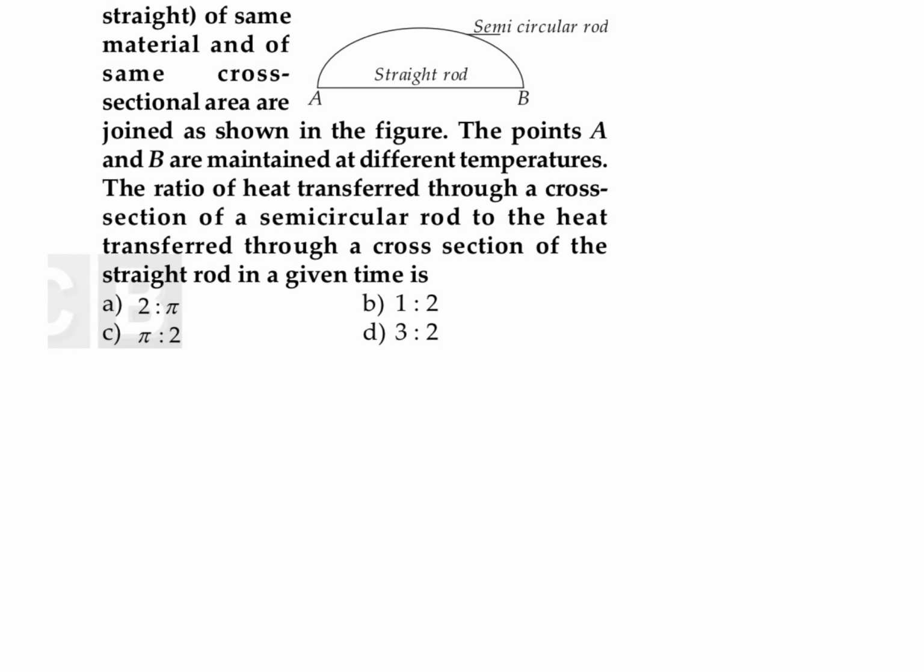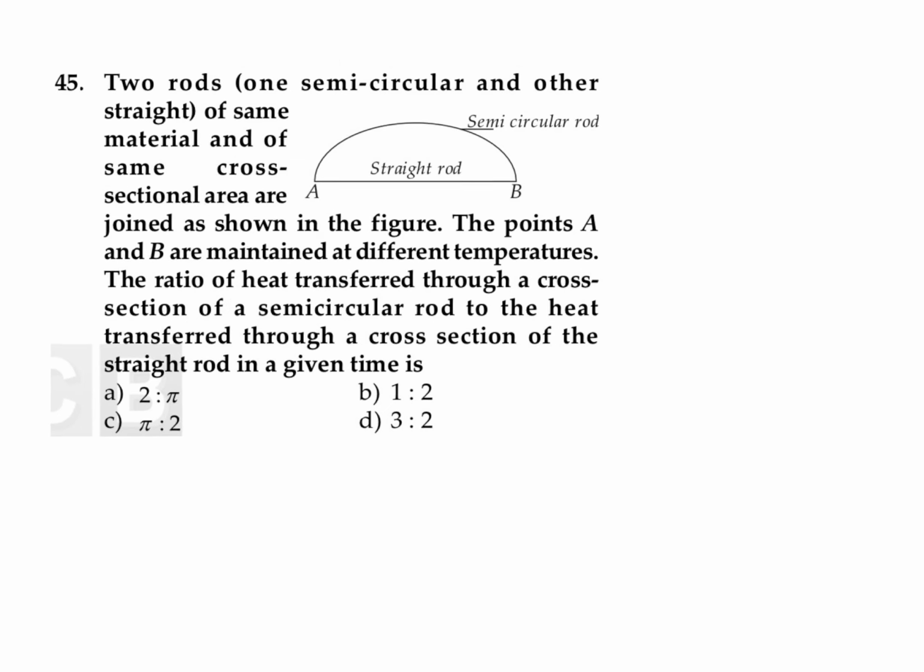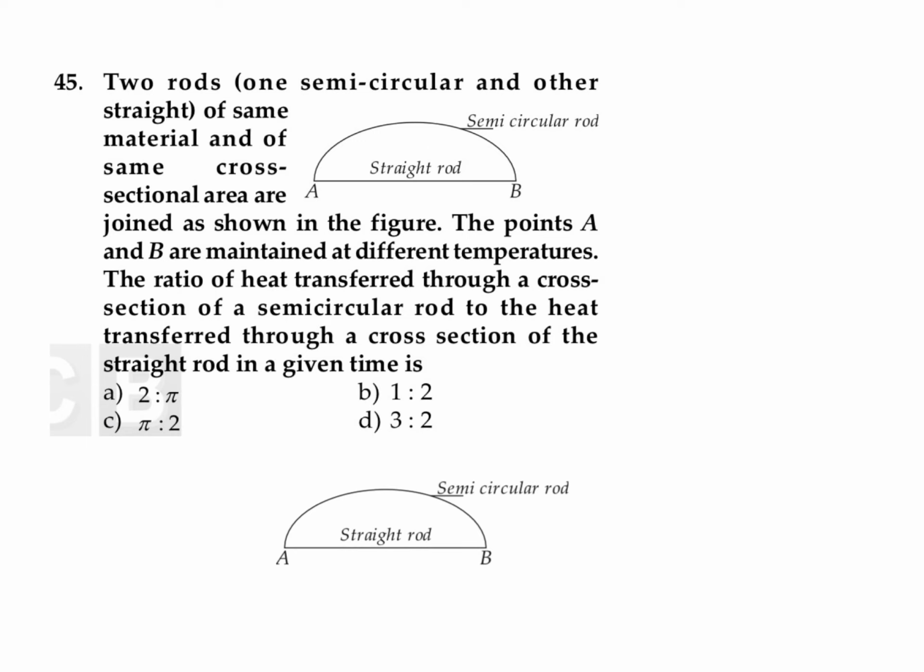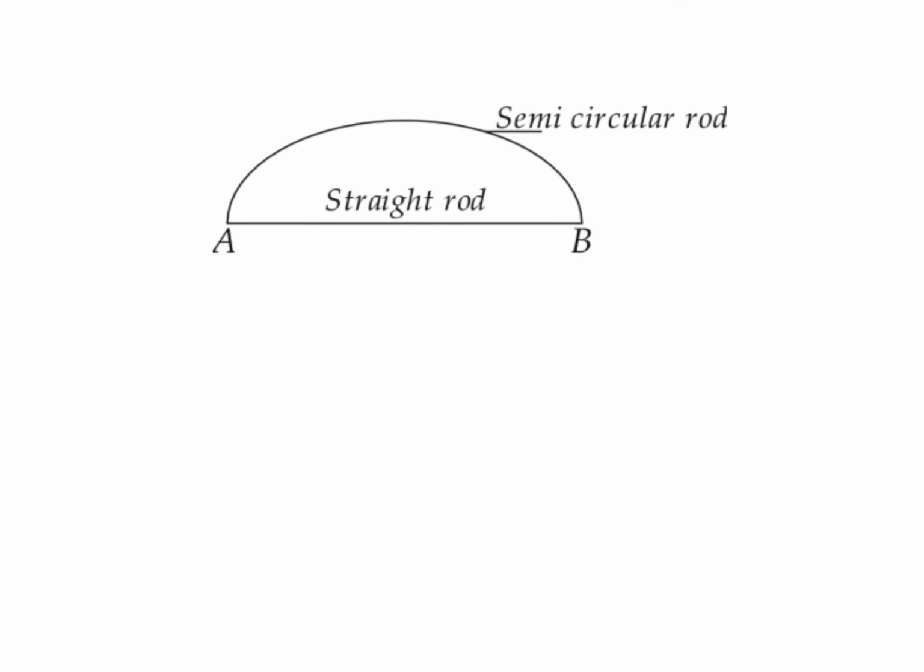So over here we are considering two different paths which are allowed for the flow of heat energy. One is a straight line path, and the other one is a semicircular path. The other things are given the same for both: the area of cross-section and the material. Across points A and B, if the temperature of point A is T1 and the temperature of point B is taken as T2,